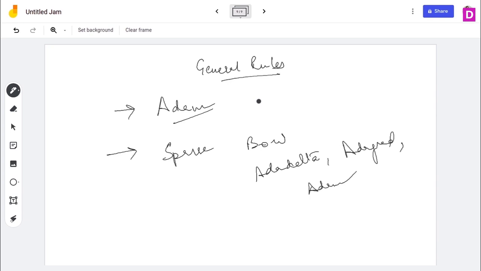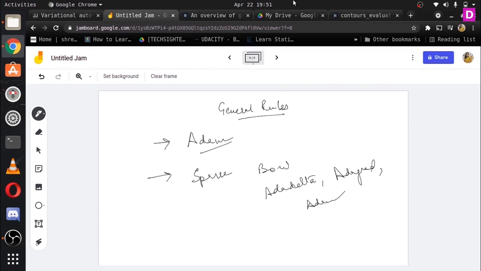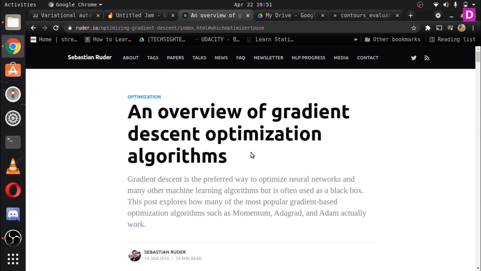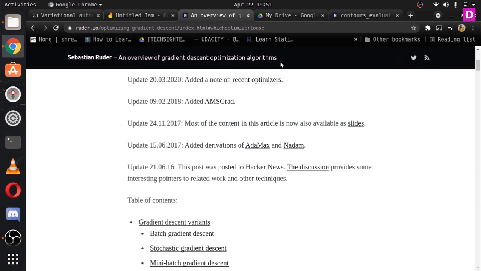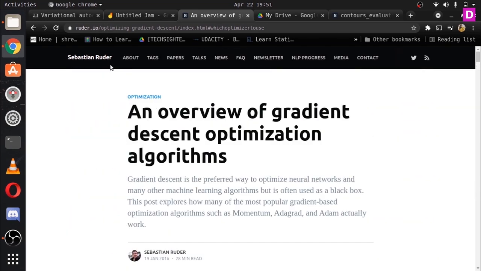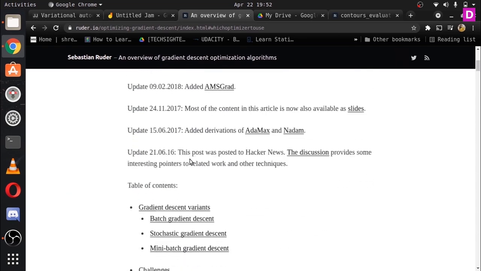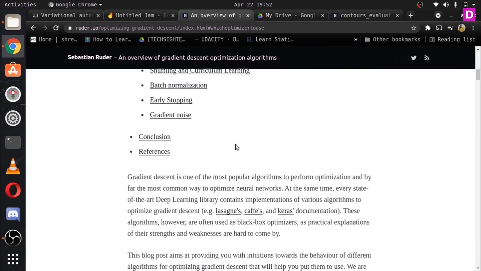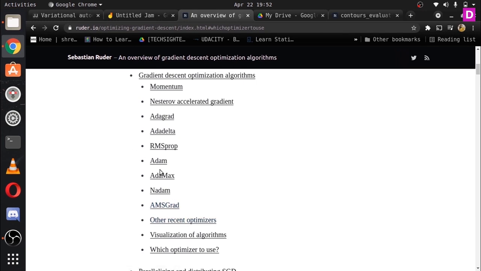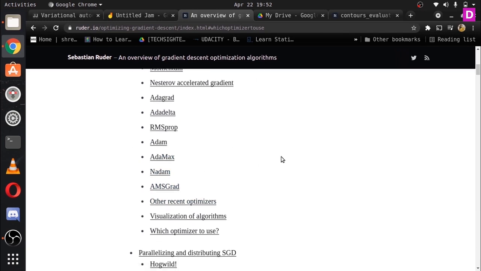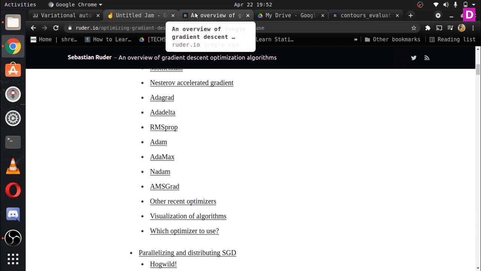Now I have covered some of the most famous and popular optimizers. To get a very good idea or to know more in detail about more optimizers, I suggest you check out this very brilliant blog by Sebastian Ruder. He is one of the researchers at Google's DeepMind, and he has explained everything in detail. He has also added some of the other most used optimizers like Adamax, Nadam, AMSGrad, and SGD. So I would suggest going through this blog. I will give you the link here, and you can check it out.